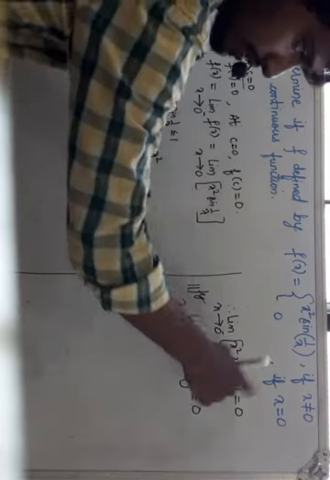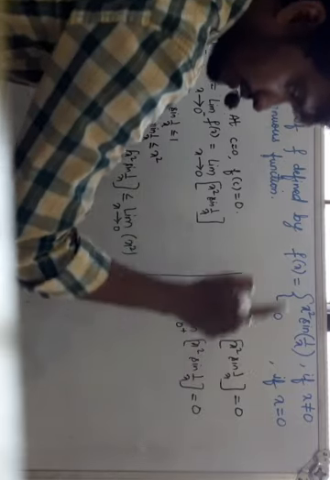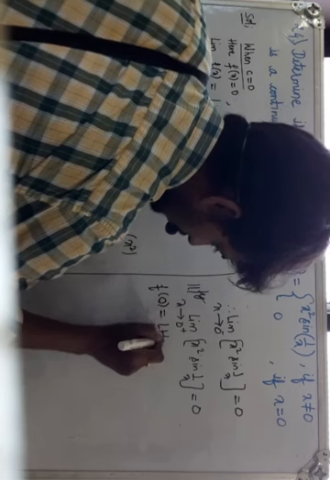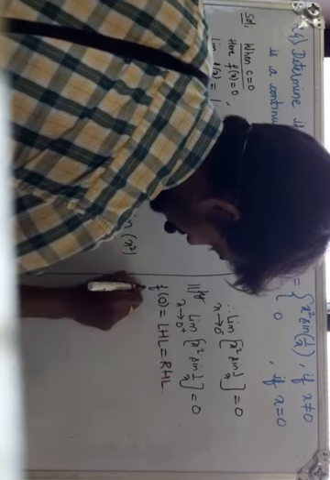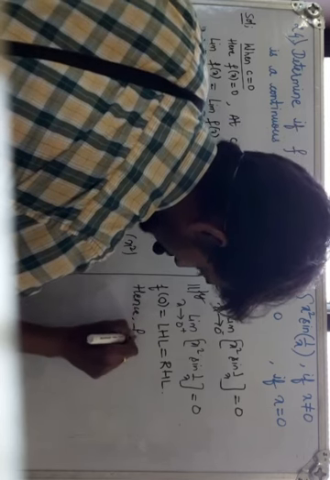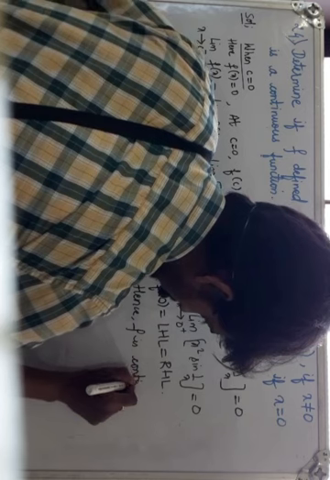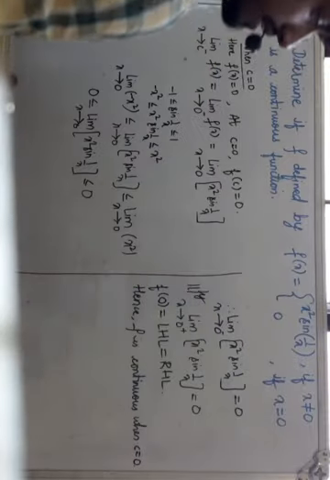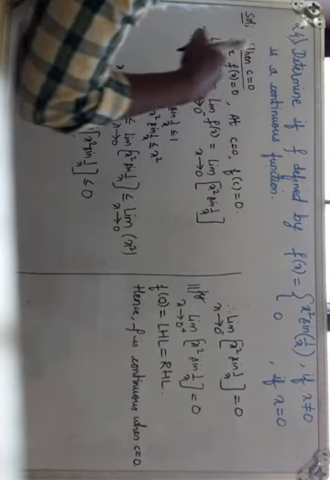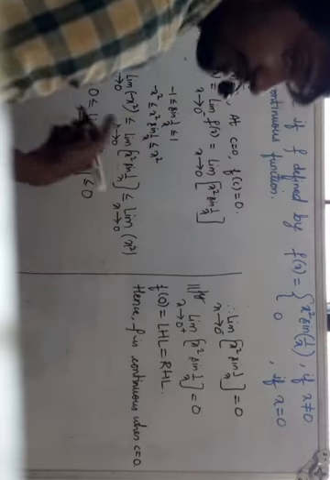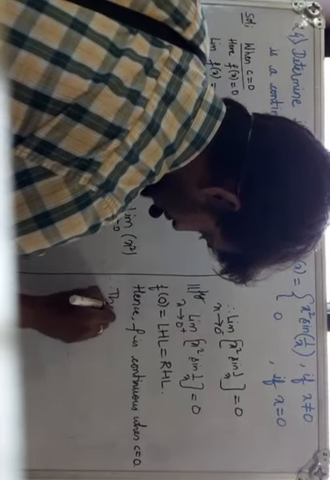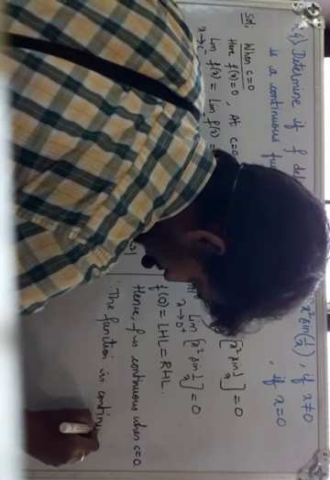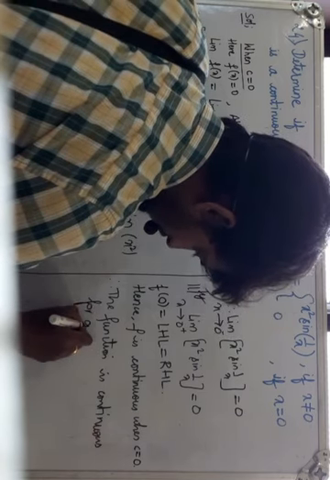The limit value is also equal to 0, that is, LHS is equal to 0, RHS is also equal to 0. So f of 0 is equal to LHS is equal to RHS. Hence f is continuous when C is equal to 0. Here from case 1 as well as case 2, we can conclude that the function is continuous for all C. Therefore, the function is continuous for all C.